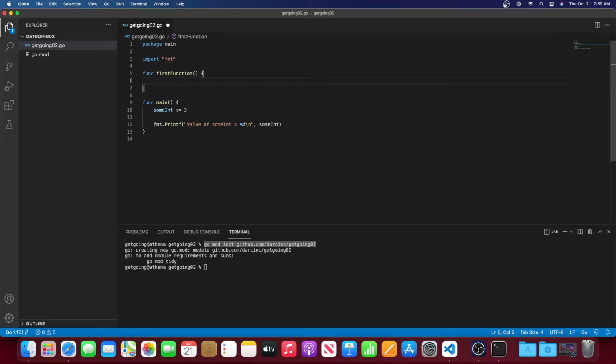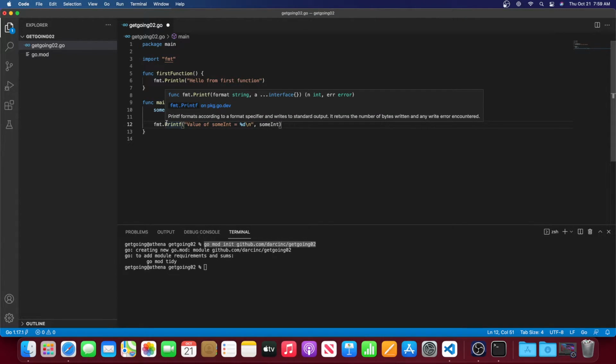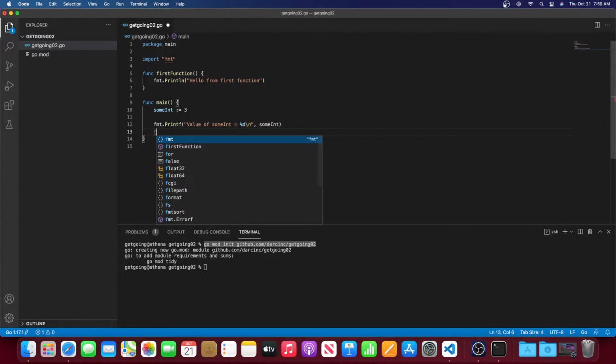So Go handles either standalone programs or libraries, and standalone programs will have a main function and will be in the package main. So let's go ahead and do something. We'll say println hello from first function. Now, we don't have to call main, but println is just a function in the fmt package. So we can go ahead and call first function, and if we run this,